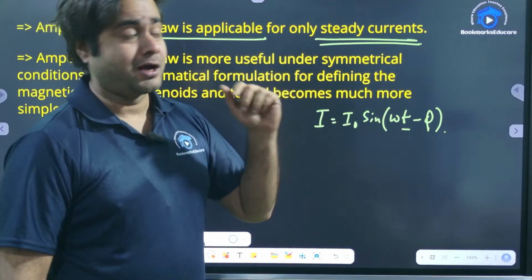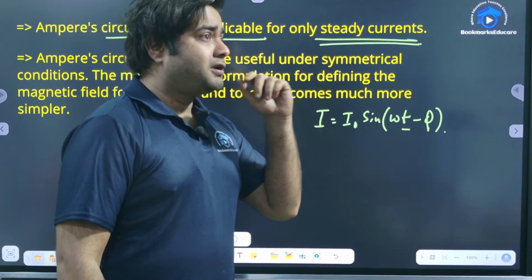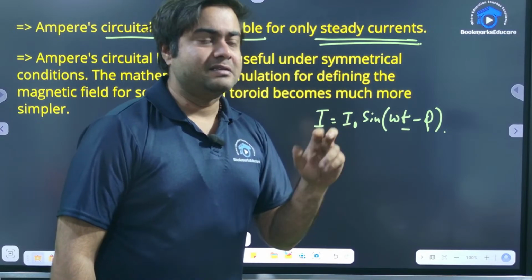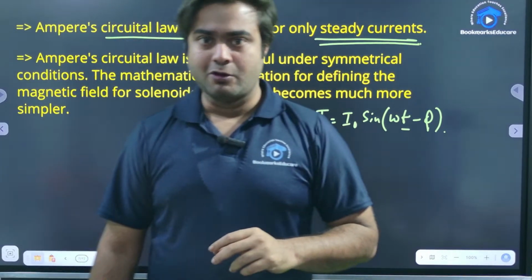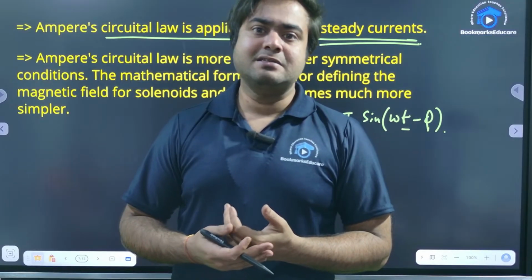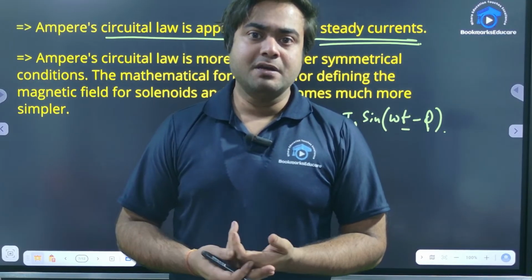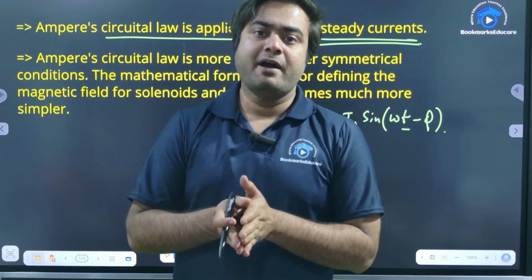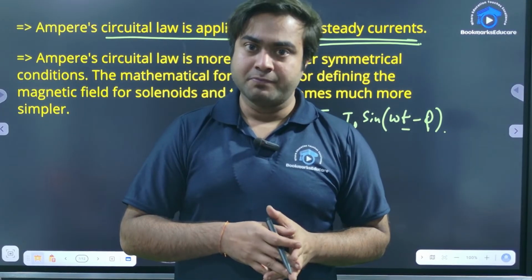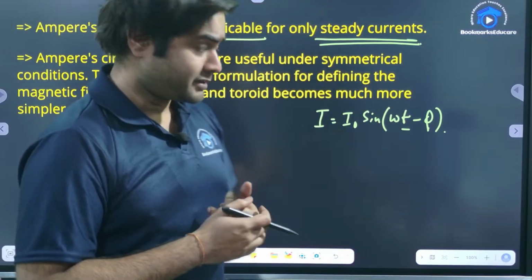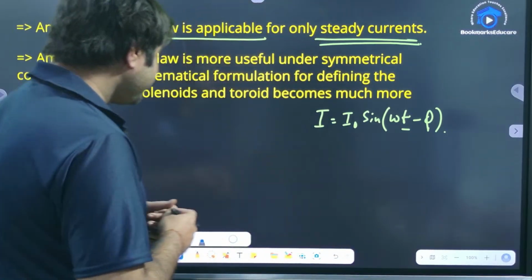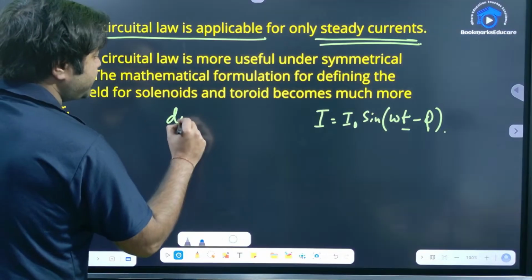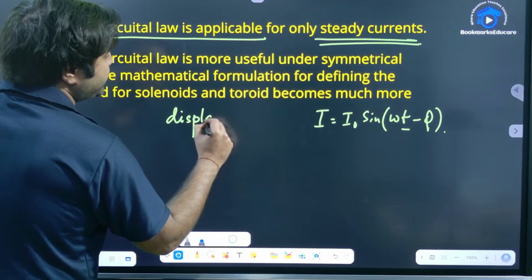एम्पियर सर्किटल लॉ वहां पे अप्लाई होगा, लेकिन we will not say that this is exactly the Ampere circuital law. We will say that this is the Ampere-Maxwell equation basically, and that is the modified form of the Ampere circuital law. यहाँ पे Maxwell's equation दिया था, and there comes the concept of displacement current. ये याद रखना बच्चों,